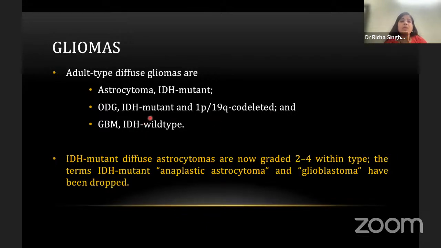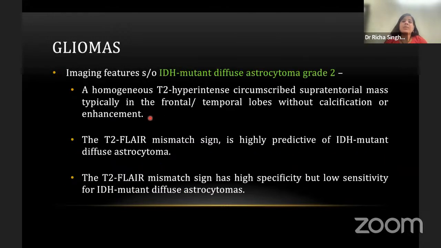I will not be going into the detail of the difference between the 2016 and 2021 versions in the pathology, because that has already been covered in the previous lectures. I will be directly going to the imaging. So the imaging features of